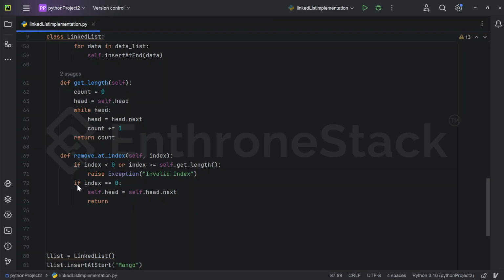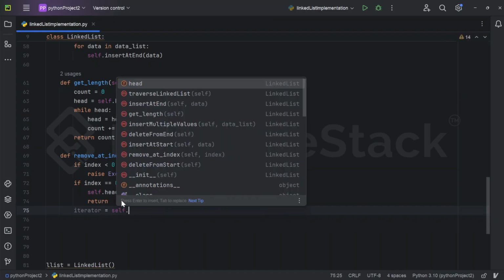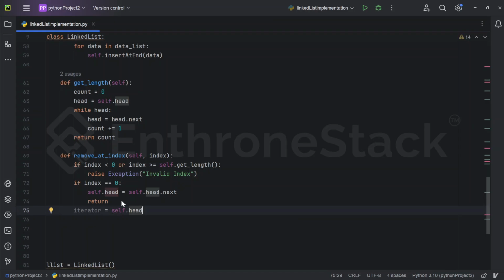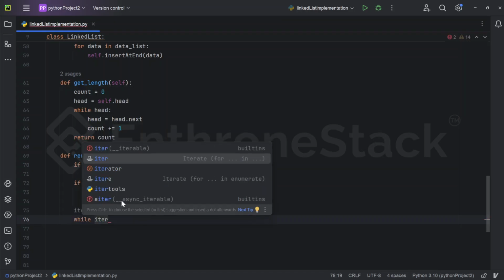So then the second condition is if index is exactly 0, that means we're trying to delete our head node. So change the reference from the head to the next. So the self.head.next becomes the new head. Then return from the function. Otherwise, let's loop through. Let's create an iterator, self.head. This can be any name. I just choose to call it iterator. So while iterator exists,